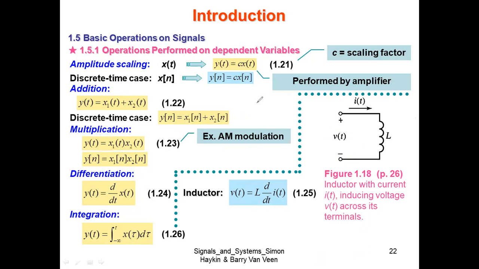Now shall we try one example? Are you getting these things, or is somebody getting confused here? Let us see. Say I have an x of t here, from -2 to +1, and if the amplitude is 1 volt, this is my x of t.